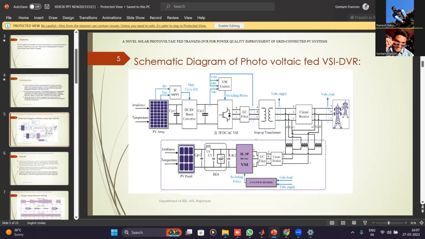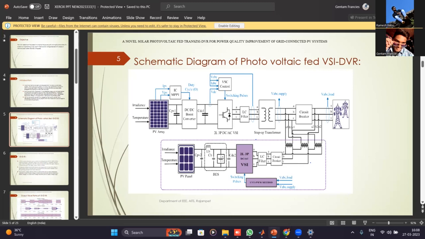Once voltage sags, swells and interruptions happen, the DVR detects them and, as per the amount and duration of the voltage disturbances, injects the desired voltage to the PCC. The DVR comprises a PV panel and a battery energy storage system, which is used to improve the injecting power and absorbing power in the system. The proposed TransZSI-DVR has a UVT-MCBC method controller, an LC filter to filter out the harmonics present in the system, and a three-phase injecting transformer to inject the desired voltage.